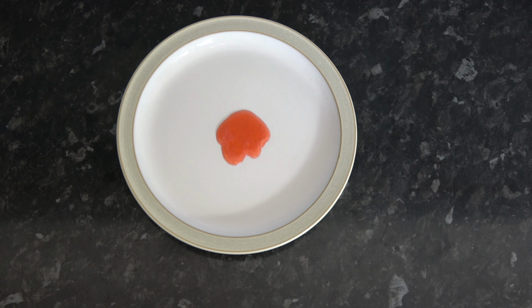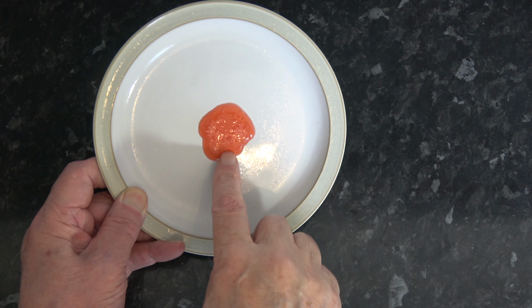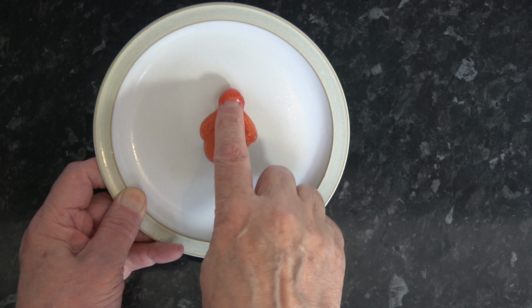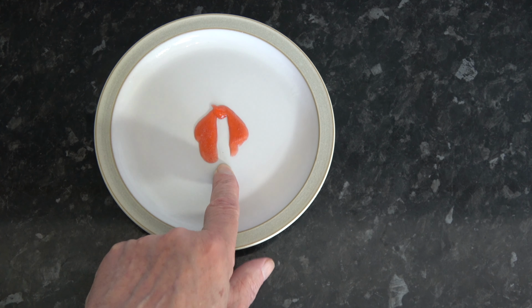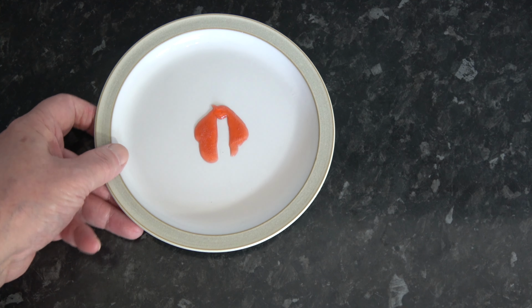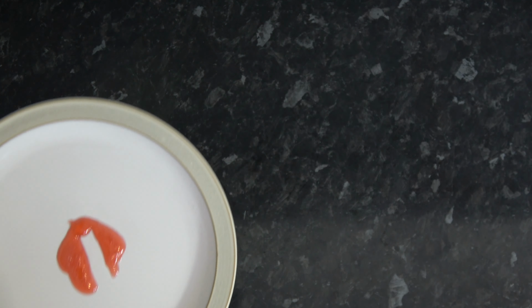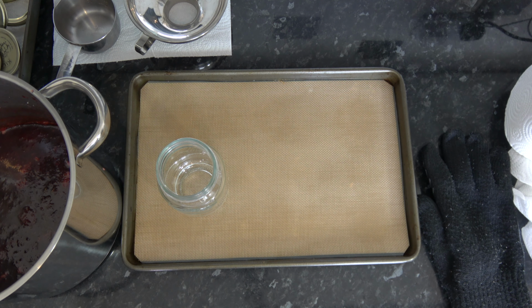So I've left my jam on the plate for a little while. I'm going to push a finger through it and as you can see it wrinkles like that and it leaves a clear pathway, which means that the jam is fully set. So that's good enough to go into my jars, but I'm actually going to leave the jam in the saucepan for 30 minutes. I've left my jam for about 25 minutes